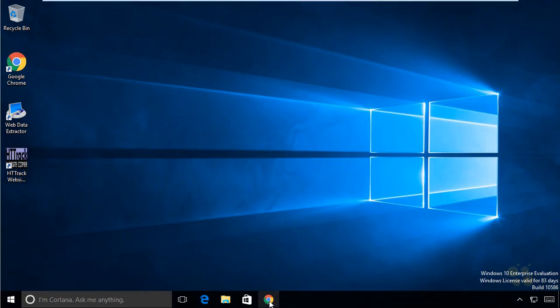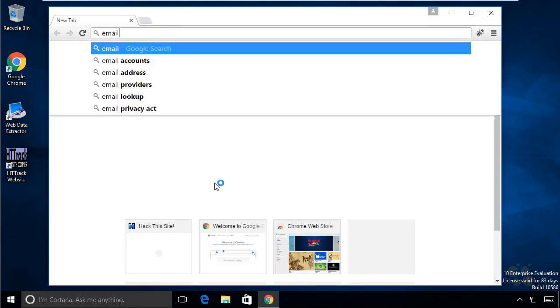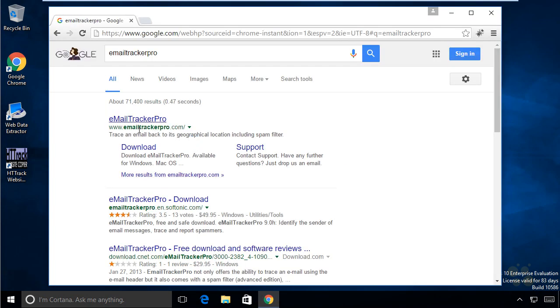And I'm going to launch a browser. In my case, I'm going to launch Chrome, and let's do a search for Email Tracker Pro. And that is indeed the one we want, Email Tracker Pro. And I'm going to go to the actual website itself, and I'm going to avoid something other than the actual website. For example, that says Email Tracker Pro, but it's at the domain softonic.com. Here's Email Tracker Pro from CNET, which also might be okay, but what we're going to do is we're going